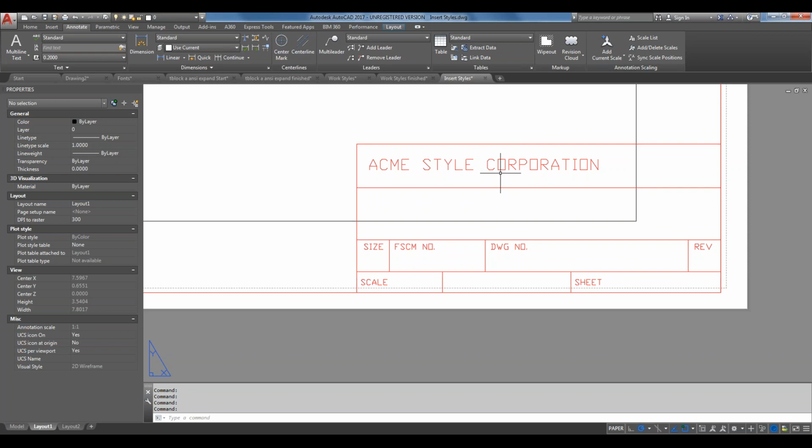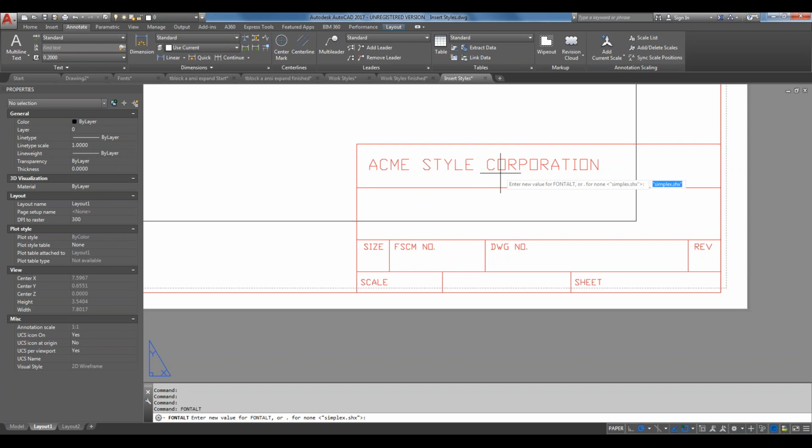But AutoCAD does a little bit of text manipulation for you. There's a system variable called font alt, and in the demo script, which is available on the web, there's a link to some additional resources on this, but font alt is just a system variable, and by default it is set to